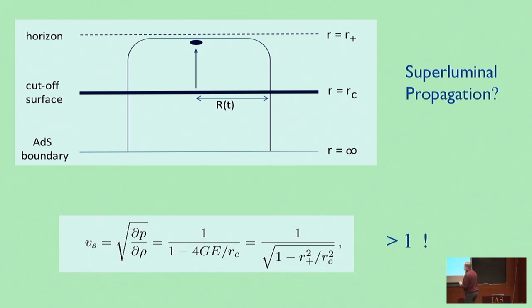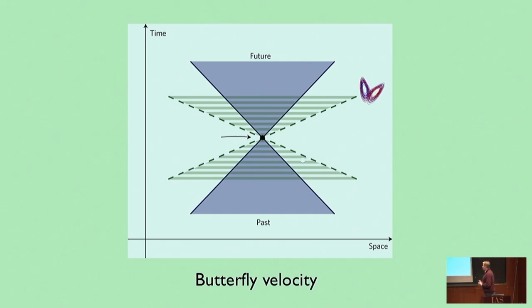And finally, there's one third argument, or fourth maybe, namely that if you imagine that you can put the black hole in a box, the black hole is very hot. If you make the box very small, the pressure inside of your box gets very big. And if you compute the speed of sound in that particular fluid, that speed of sound will again have a factor that will make it bigger than 1 relative to the speed of light. So there are many arguments actually that indeed something is going on near the black hole horizon